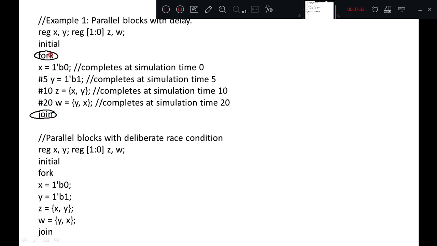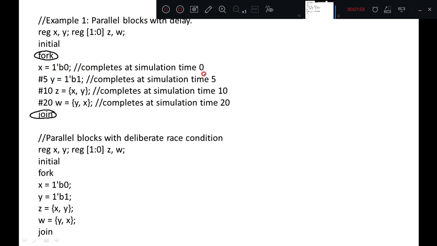So instead of begin and end, here we have written fork and join, which indicates that this is a parallel block. All the statements are executed simultaneously or concurrently. So here x, y, z and w, all these statements start execution at simulation time 0.